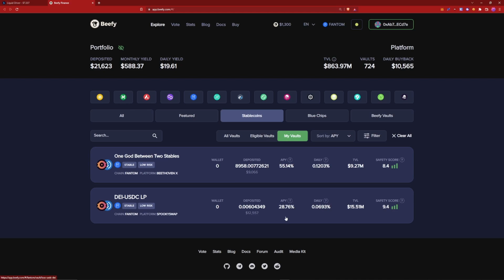The reason why I split my funds between both of these vaults instead of putting it all in the one that yields the most is because the yield always fluctuates. Today, the Beethoven vault is the one that yields more, but tomorrow that could change and SpookySwap could be the one that yields more. So I just put my money into both, and that earns me almost $20 a day